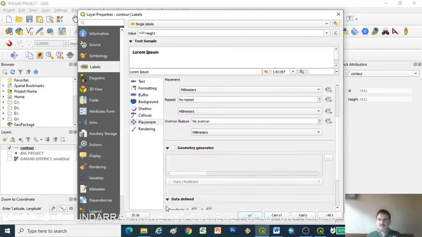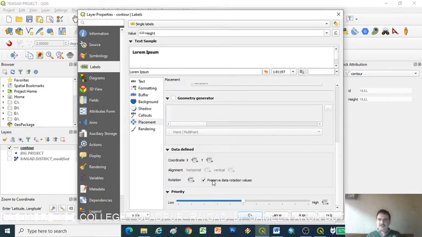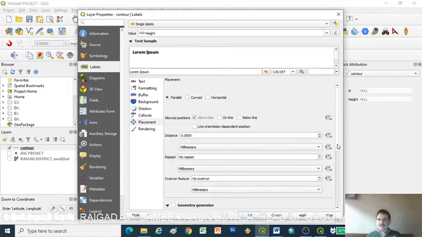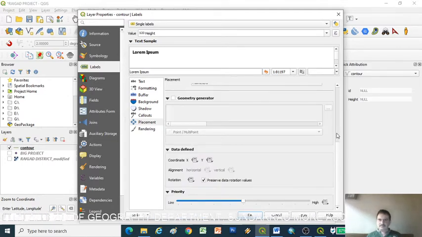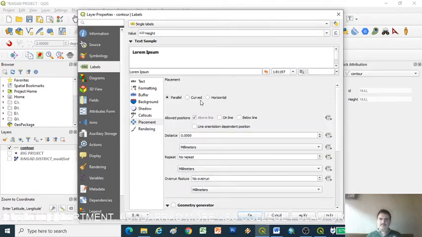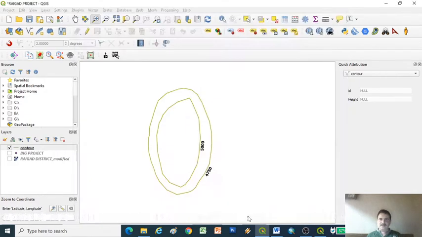Now we will see where it is exactly, just scroll the curve. We can place it on the line, below the line, or above the line. For below the line, I just check below the line, apply, okay, and see which is below the line and which is in bold style.